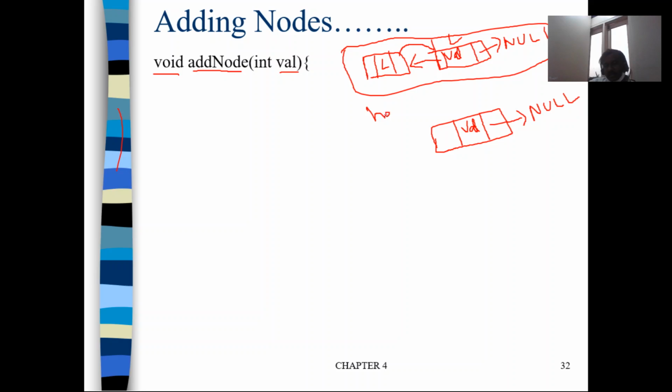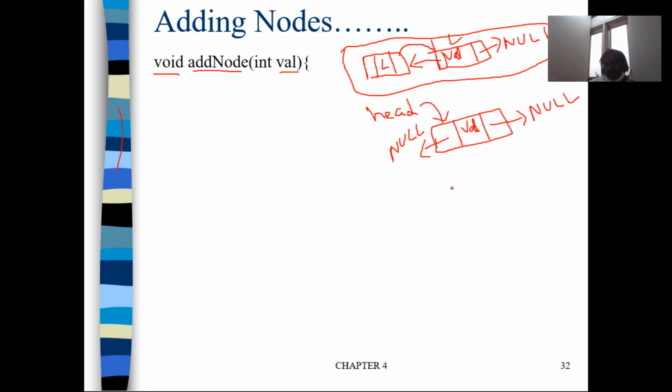If this is the first node, you make head point to this particular node, and its previous also should point to NULL. The understanding is that the first node's previous should point to NULL, and the last node's next should point to NULL. Now this is the first node and also the last node, so its previous is pointing to NULL, and its next is also pointing to NULL.